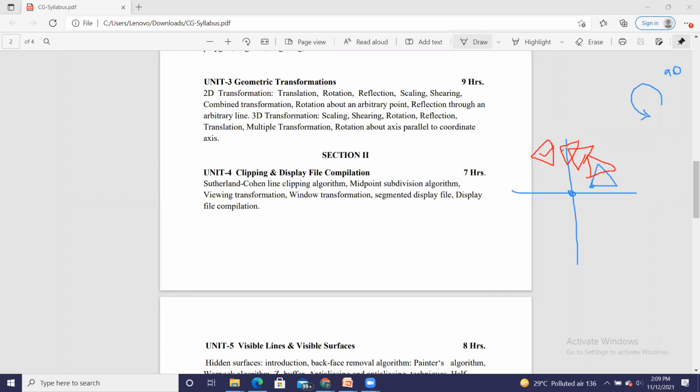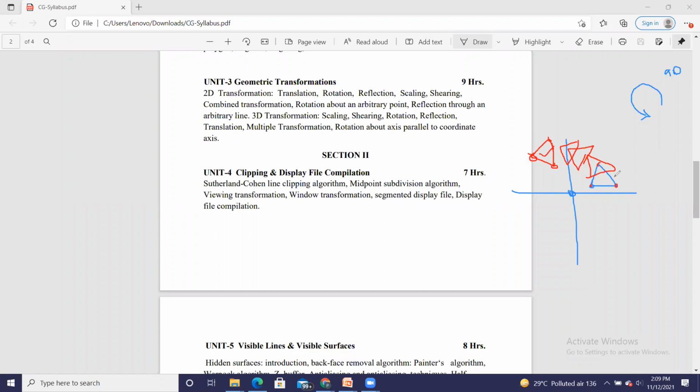So this is how the rotation is carried out. The earlier coordinates will be changed to these new coordinates after rotation. After rotation, what the coordinates will be and all that we are going to learn.